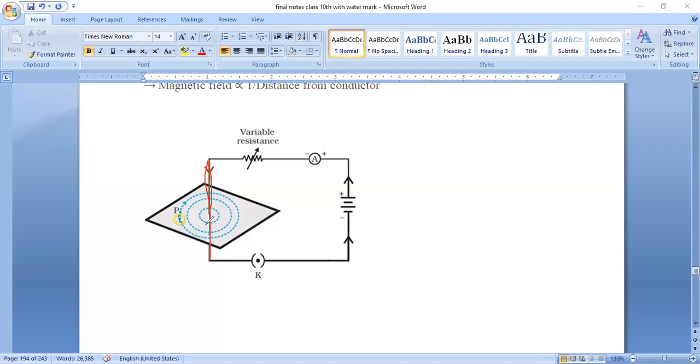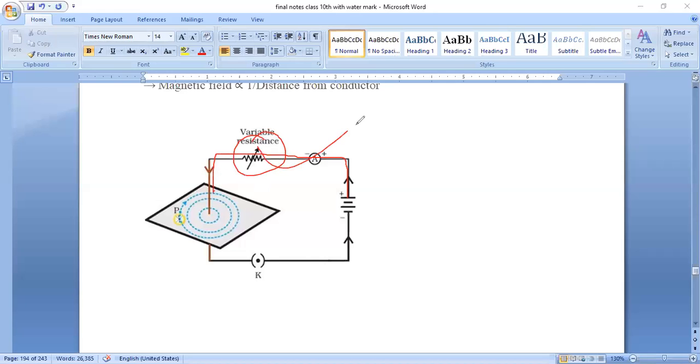The conductor which is straight is carrying current I. So see, this is the direction of current I, because this is the positive end, this is the negative end. Then the current direction will be like this. Is it right? So current direction we consider from positive to negative. Always remember. So this is the positive end of the battery, this is the negative end of the battery. So the direction of current will start from here to here like this.